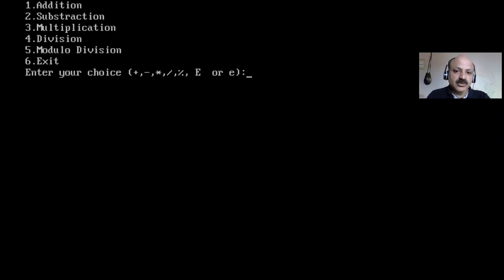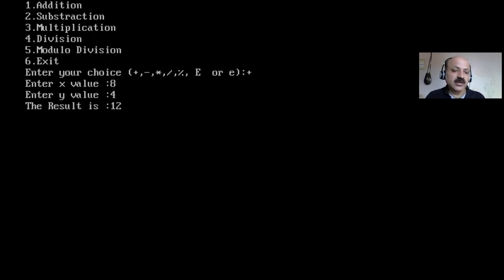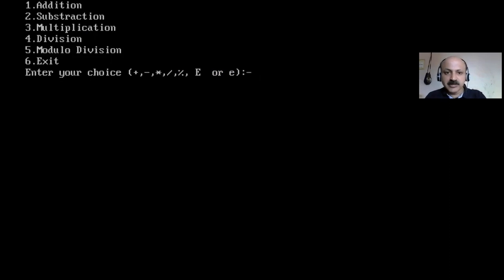Okay, so like I show you, I just enter p, so there is an invalid operation and the result is 0. I show you again, because it was invalid and the result is 0. 0 is assigned by default. Okay, so any of these 6 characters, plus 1, is a symbol, but it is also in the character set. So here we can use the plus sign, then the addition operation gives 12, 8 plus 4, then minus subtraction, yes, all is well, no problem, but 6, then the asterisk sign.